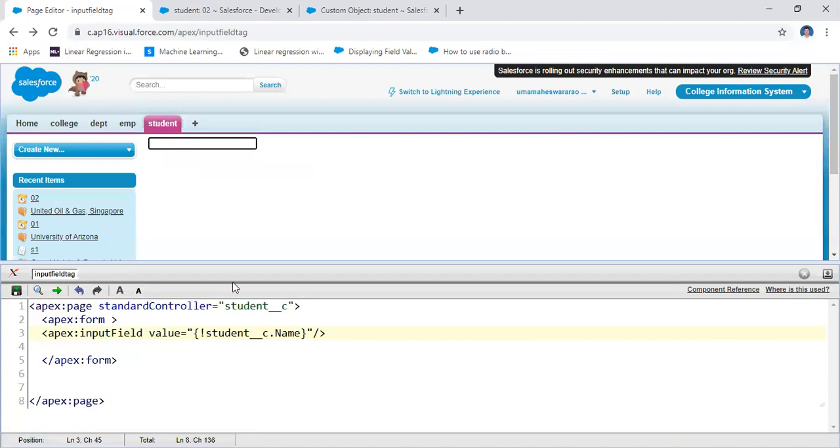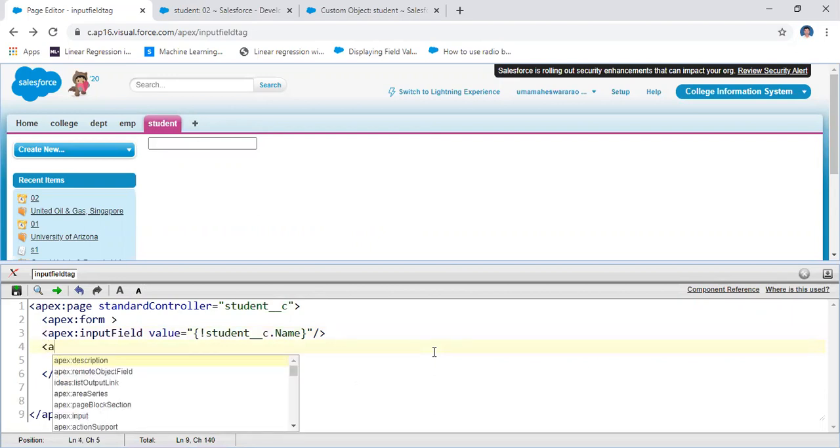Here, this is a student object's information: student number, student name. I want to display that student output information. Let us assume apex dot output. In the next section we will discuss that information. Apex dot output is not showing anything. Apex colon...